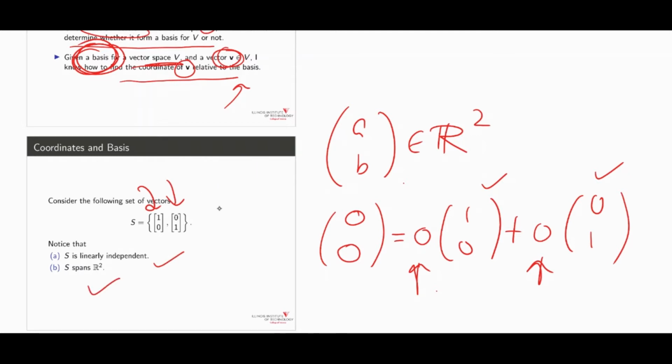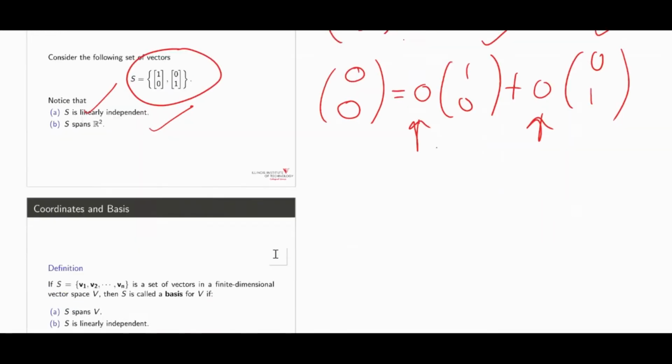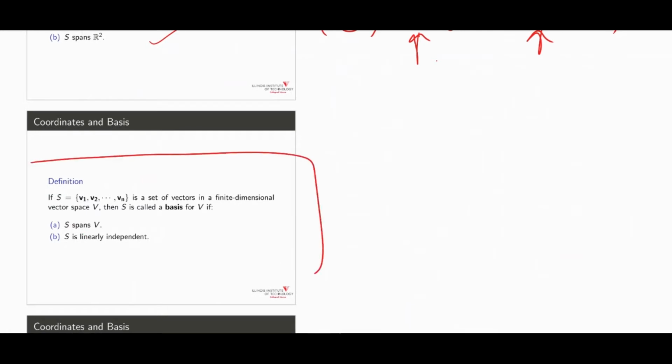So in R2, this is the optimal collection of vectors that can reach every element in R2, and there is no redundancy. A collection of vectors that has no redundancy and can also reach every vector in that vector space is very special. They are known as a basis for that vector space. So this is the proper definition of a basis. If you have a collection of vectors that can do two different things,